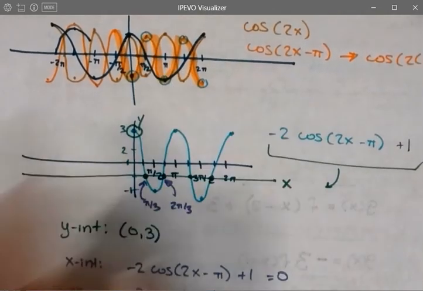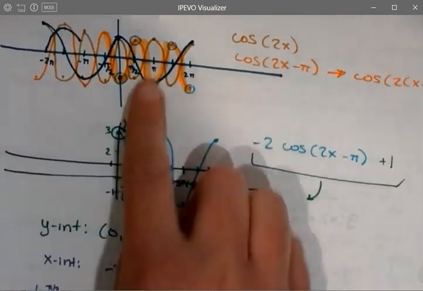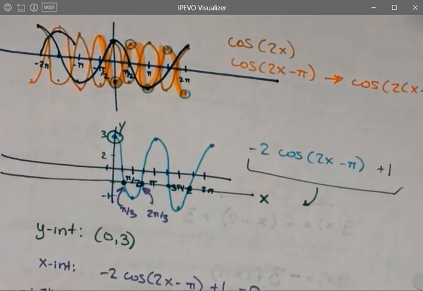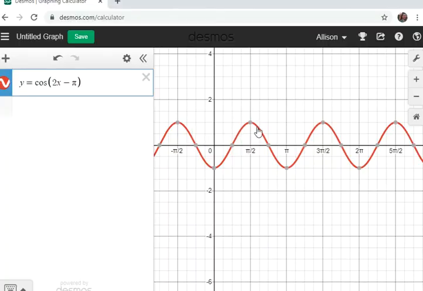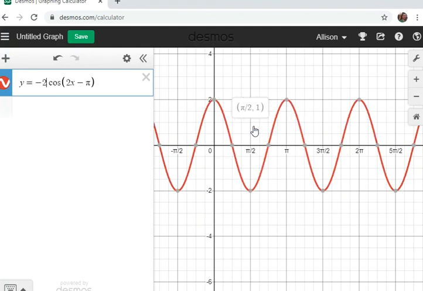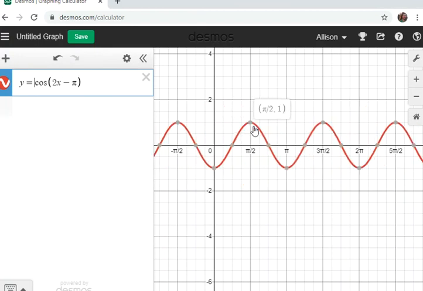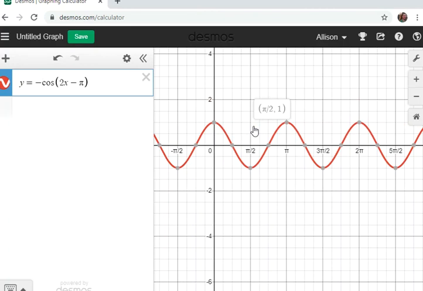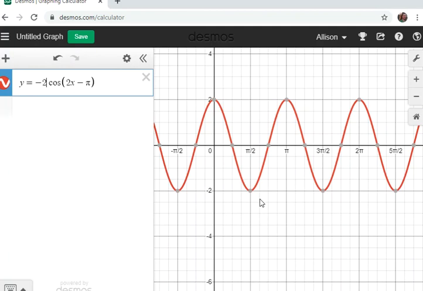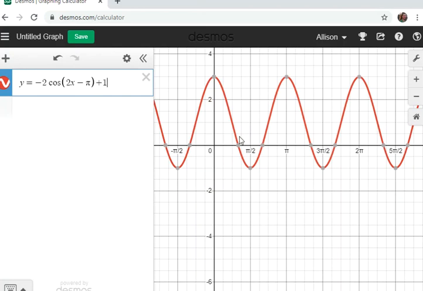We have those tops up there at, it looks like, pi halves. Let's see if we did a good job. Tops at pi halves, fantastic, feeling good about that so far. Then we come back over here and we do the reflection, and so one at a time, that's just the reflection, right? You've taken the tops down to bottoms, and then we also make them twice as tall. So there we go. And then the final piece is that up one where it boosts it, and so the line of symmetry is no longer going through the middle, and we have those weird